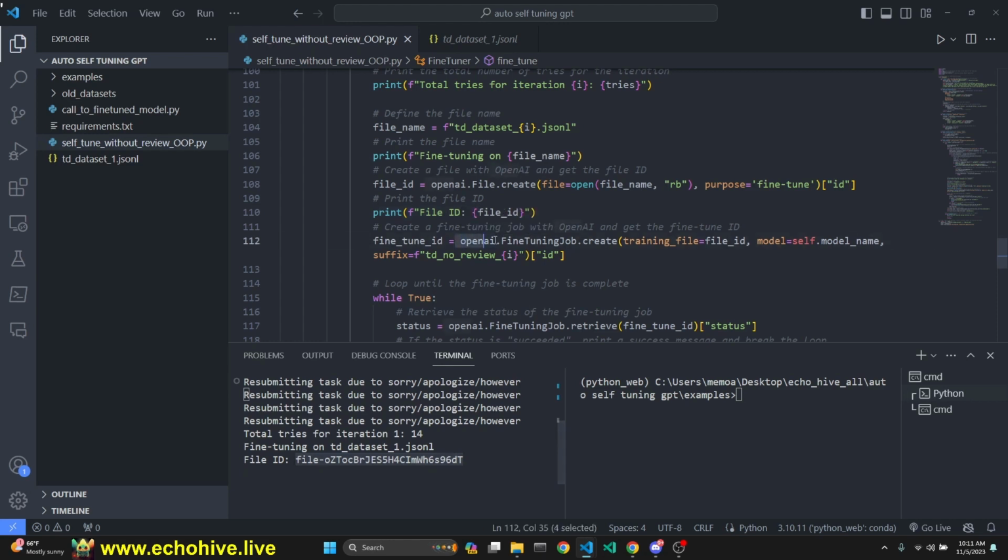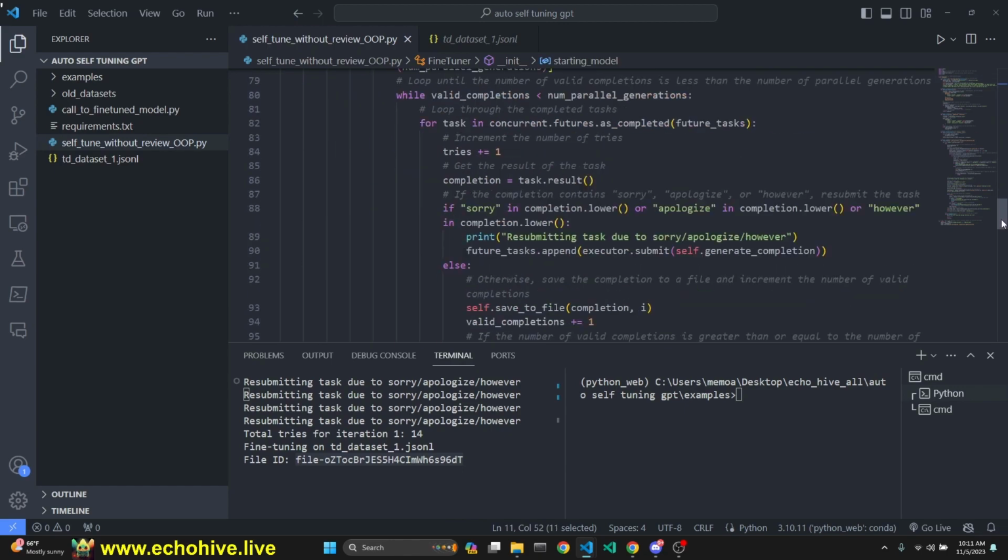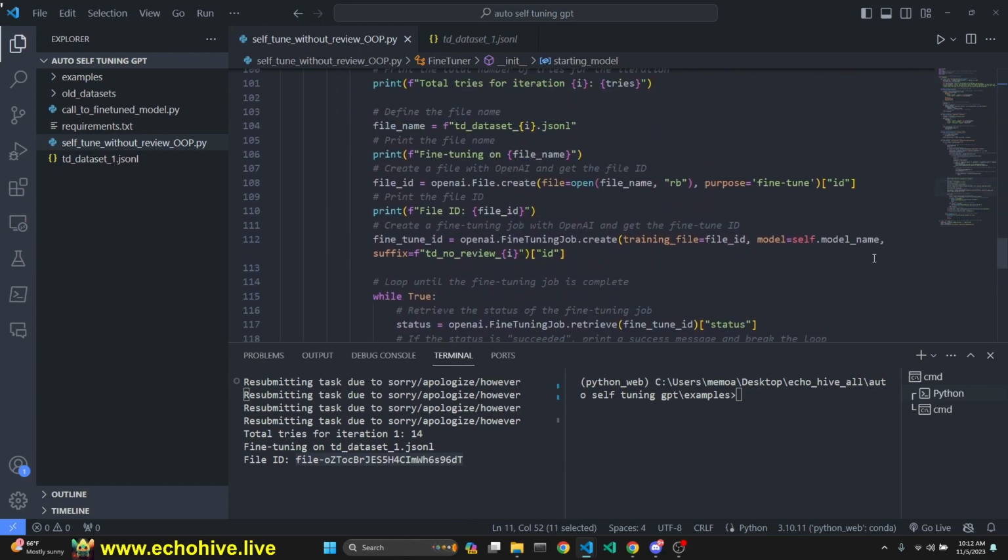And right after that, we again call OpenAI fine-tuning job create. Training file is file ID. Model is self.model name, which we have specified up here. At first, we begin with the base GPT 3.5 turbo model. However, once this fine-tuning job is created, then we get a fine-tune ID, right? And we give it a suffix. Suffix is to actually name it, so you can recognize your fine-tune